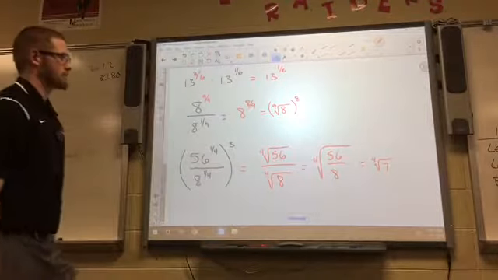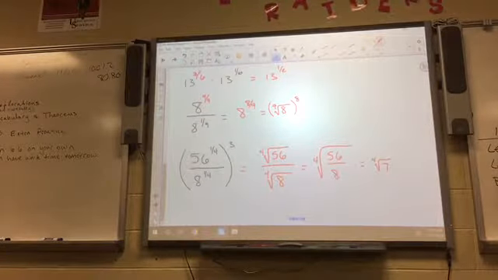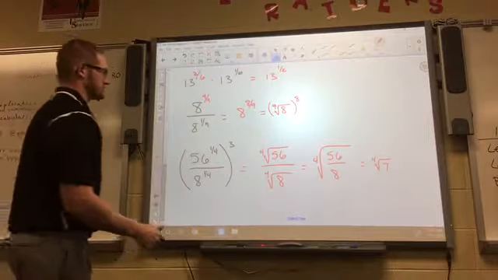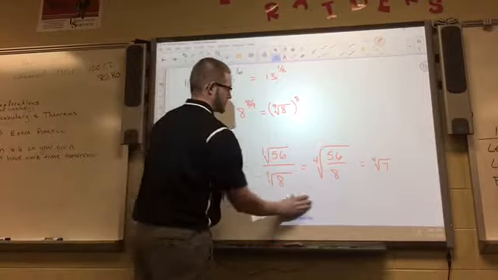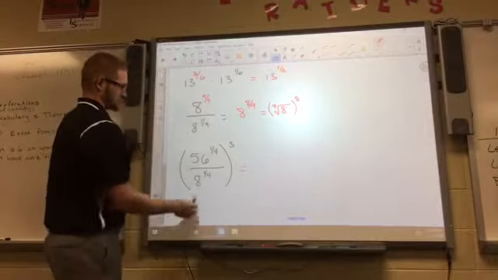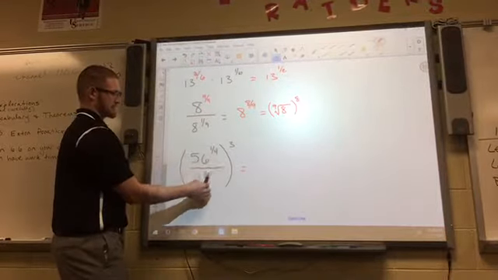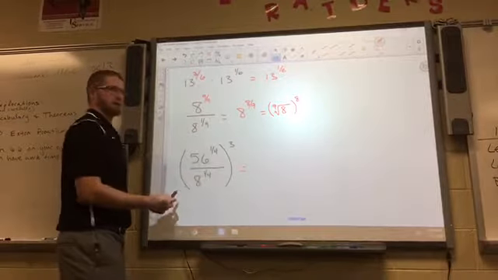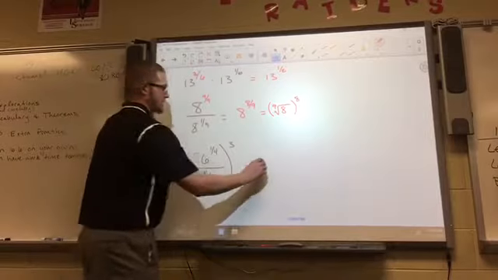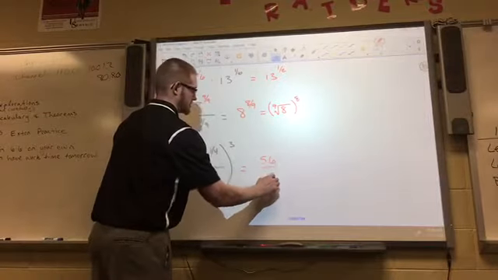Okay. Now in this specific problem, changing it to a radical is probably going to make it a little bit more difficult. It's just going to add a step, maybe 2 steps. So what they're showing, and if you look at your example in your book, I'm pretty sure they do it this other way. I'm pretty sure they say, since these have the same exponent, which like Grant said, is the same radical, I can just do this if I choose,